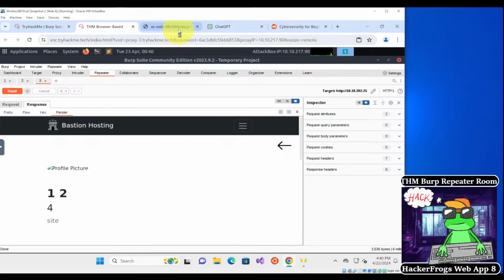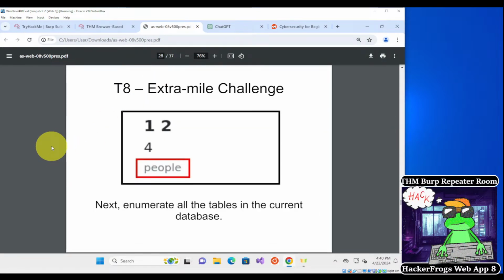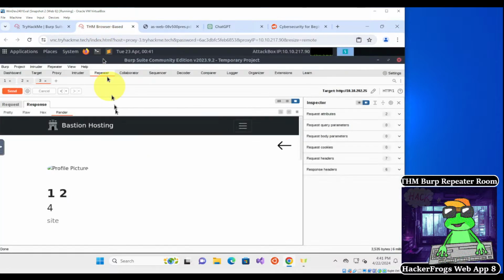The next step is to enumerate all tables in the current database. So we need to get the names of the tables in the database. Let me show you how. So we go back to the request